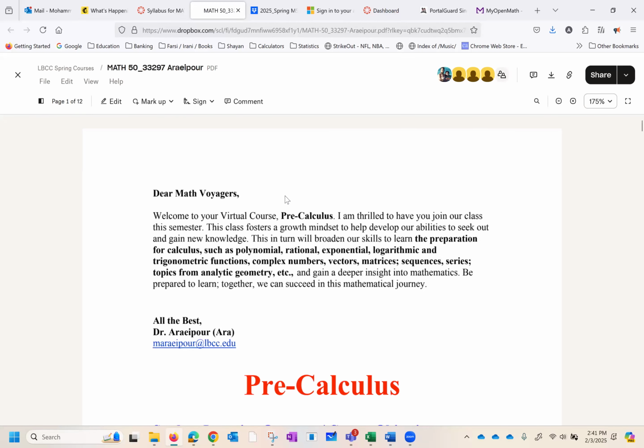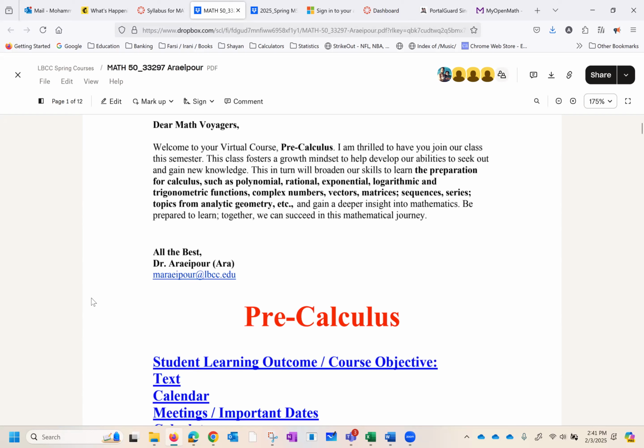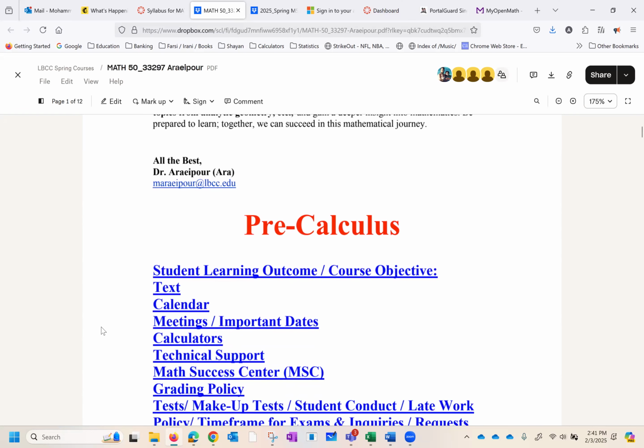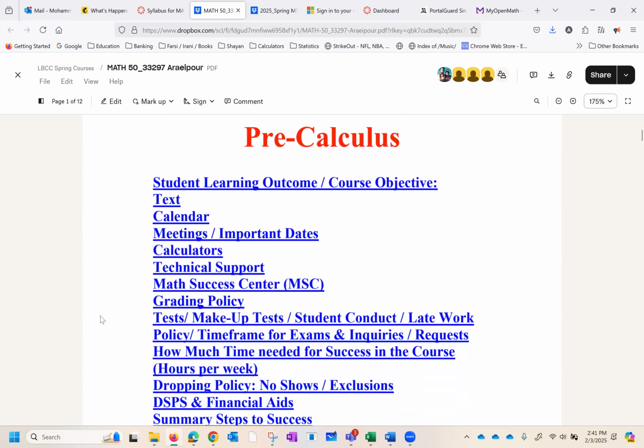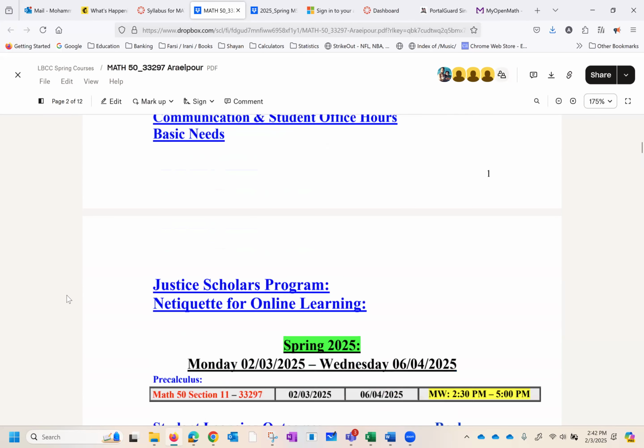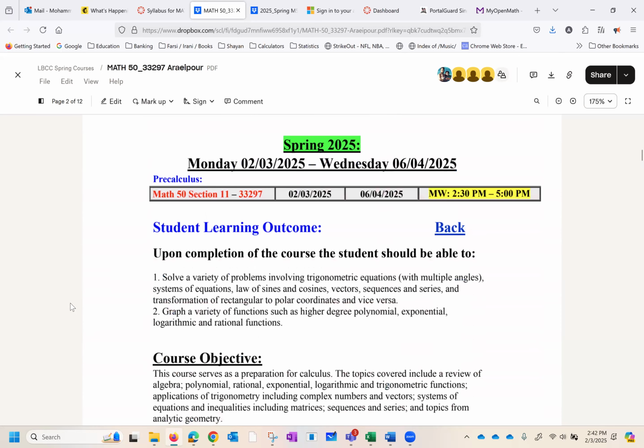The first one is the syllabus containing basically every piece of information you expect to have from a syllabus. One thing I want to add here is that I understand the syllabi are getting larger and larger nowadays. So I put them in the form of a topic so that if you are interested in a specific topic, for example, where is the math success center, what is the grading policy, you can go to that specific topic. However, I'm going to quickly cover the entire thing. It doesn't take long. I'm going to just give you the synopsis of that.